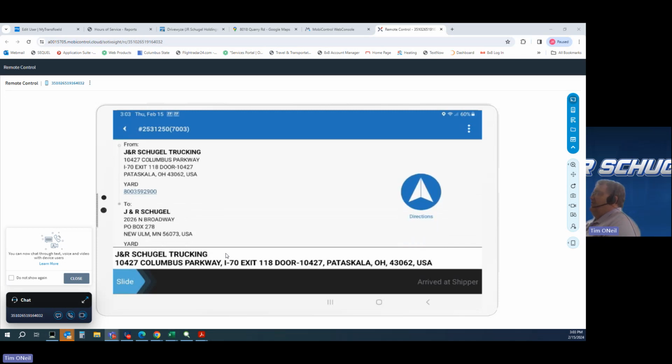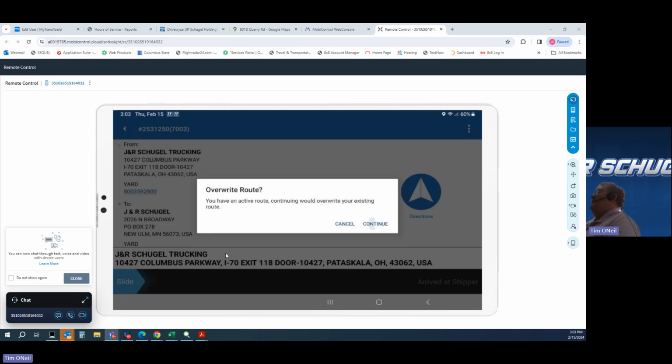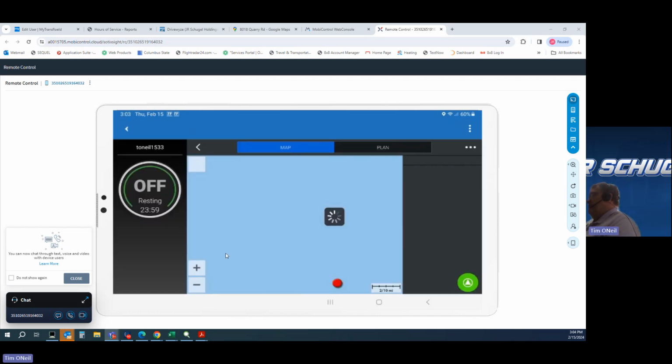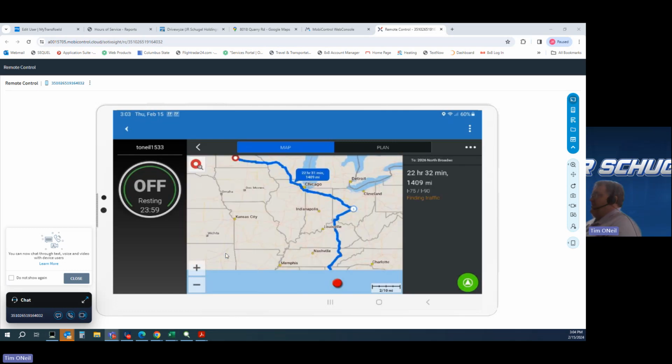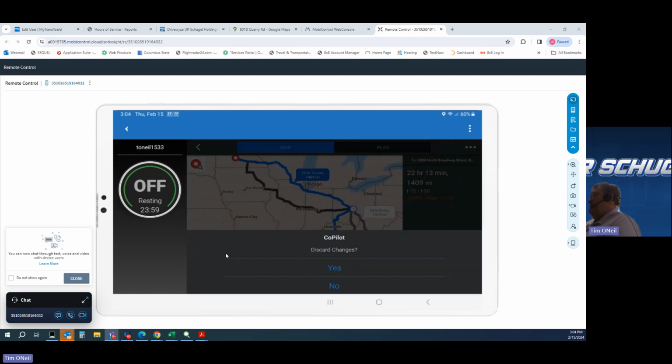Now, if you're going to use our directions, there's a blue circle on the right that says directions. We can tap on that, and that will take us right into Copilot, and it will add the shipper's name, and it'll pull up your trip, and then when you're ready to go, you would hit that green circle. So now we're going to hit that top arrow at the left. So now we have driven to the shipper. So when we arrive at the shipper,